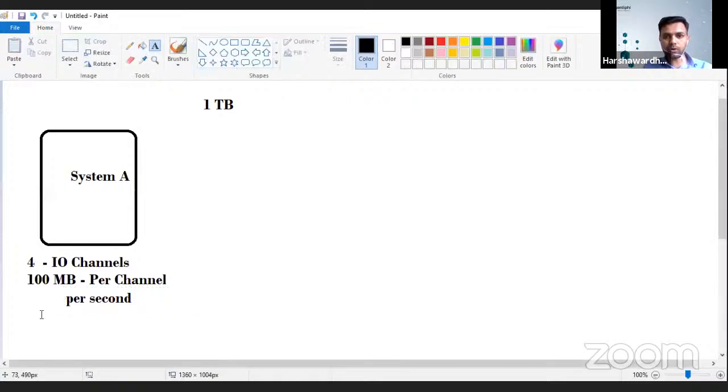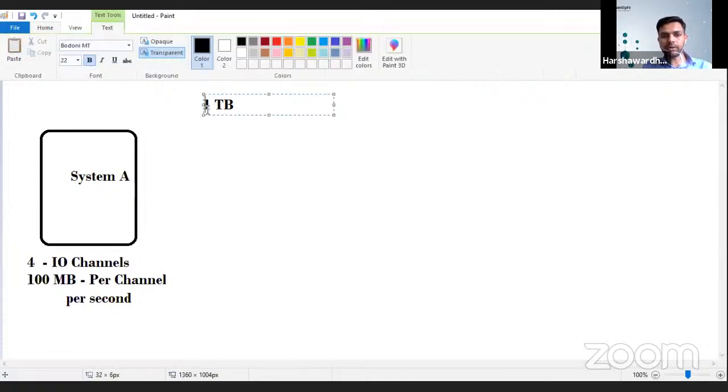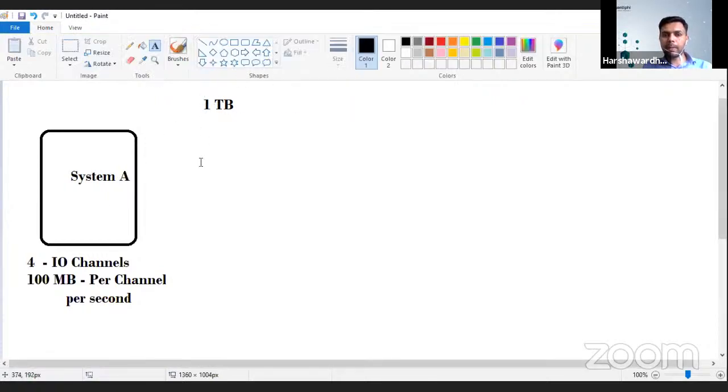Now, my question to all of you is, how long is this system A going to take to read this 1 terabyte of data? Do your calculation. The 4 IO channels can read the data in parallel, that you have to consider. There is 1 terabyte of data, and the speed we have is 100 megabytes per second.